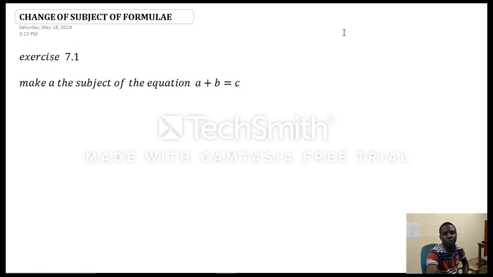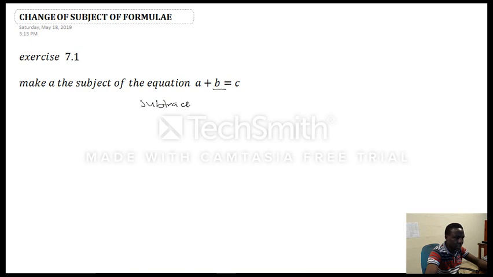In this next example, we are to make a the subject of the formula. If you look at the right hand side, we have a constant c, while on the left hand side we have a plus b. And making a the subject of the formula, I say, is to make a stand alone while every other variable is on the right hand side. So how do I make a the subject of the formula when a is added to b? So I'm going to undo the operation of addition, and the opposite of addition is what? Subtraction. So it therefore means that I'm going to subtract b from both sides, having, okay, let's put it down,